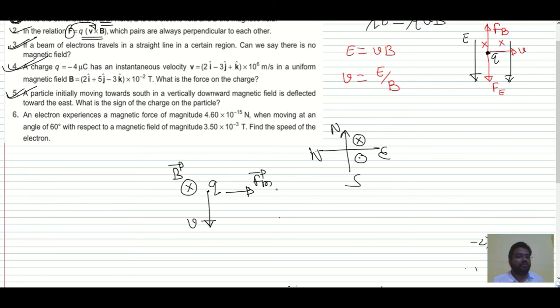See here, V is towards south like this. So you have to stretch your fingers towards south. Okay, no problem. And curl it towards magnetic field. But magnetic field is into the plane. So what you have to do is like this, right? Like this you have to do, and curl it towards the magnetic field. The force is coming out to be in this direction.